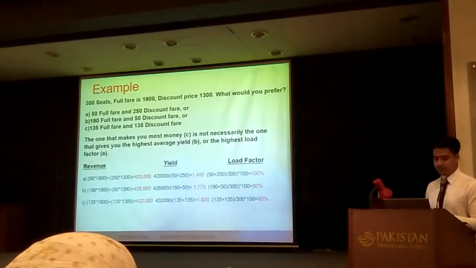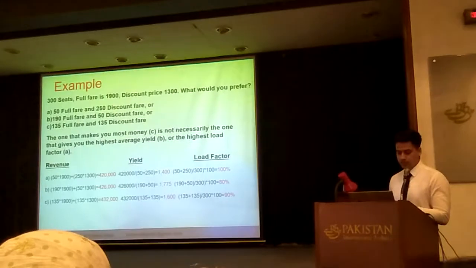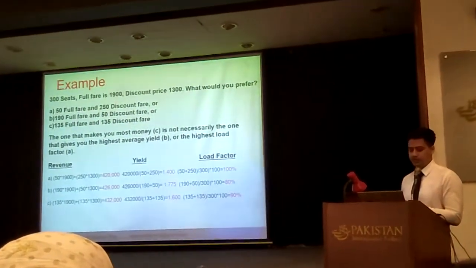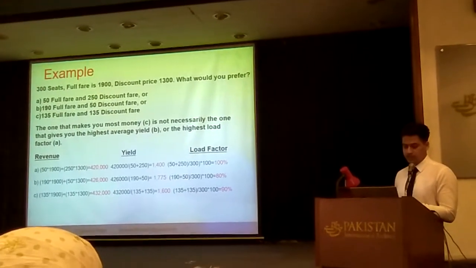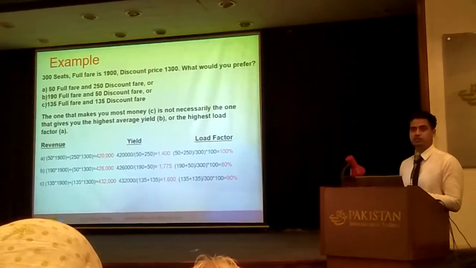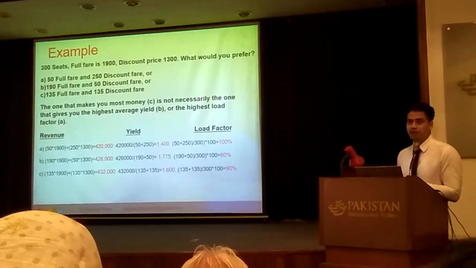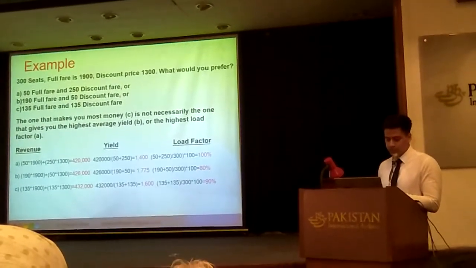I multiply my fare by the number of tickets I sold. In situation A, I'm earning 420,000. In situation B, I'm earning 426,000. And in situation C, I'm earning 432,000. Although I'm making more money in situation C,